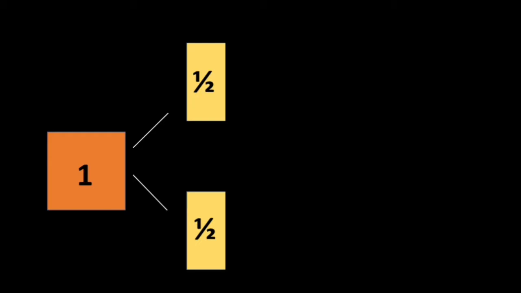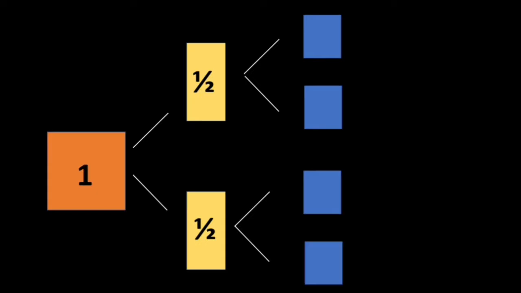Now I can still divide this half into two more equal parts. From 2 halves we will get 4 equal parts. Now if I select this part, then I can write this part as 1 by 4. One yellow part out of 4 blue parts. Here we have 4 blue parts. In that I am selecting one yellow part. That's why I can write it as 1 by 4.